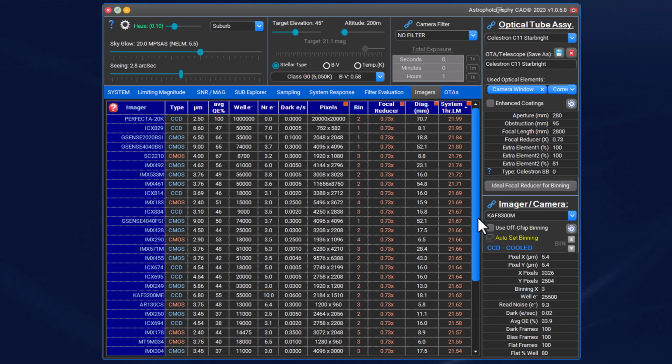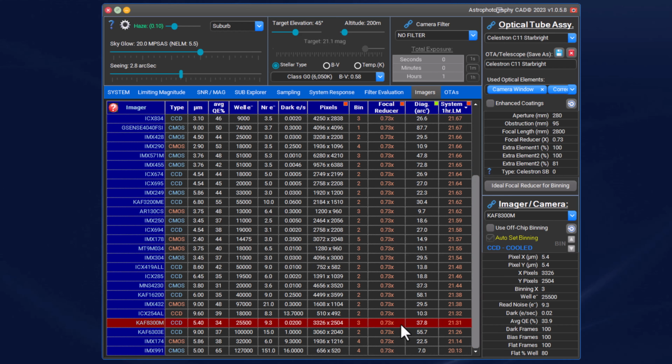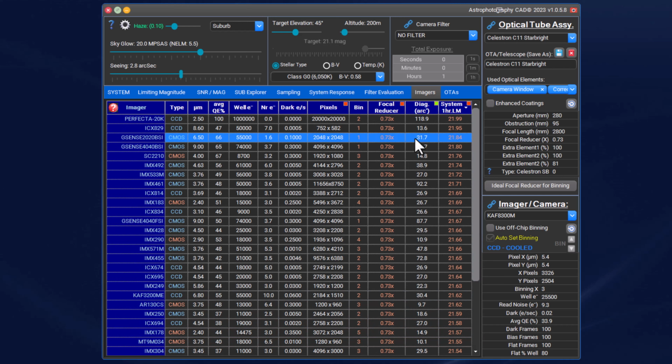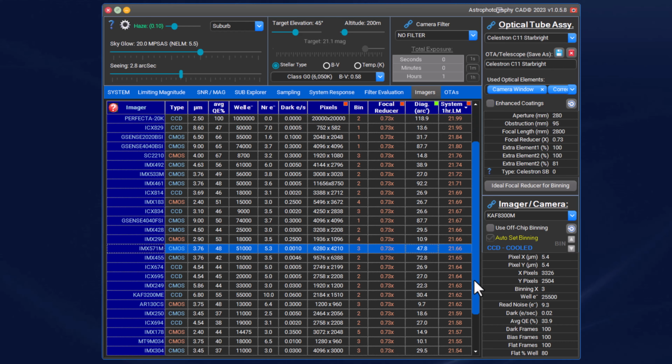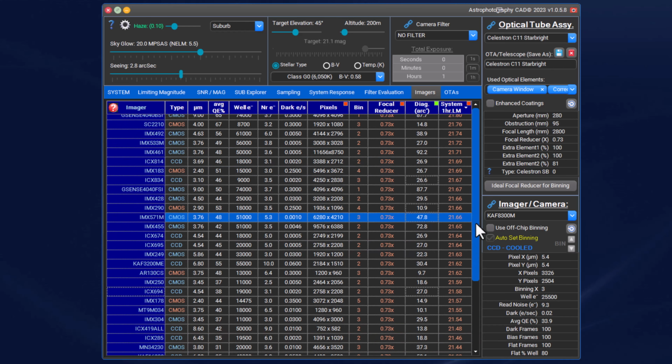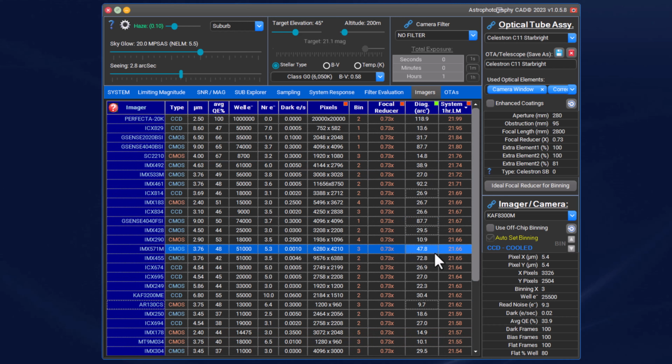Now, there are many cameras nowadays that will do much better than that. But the secret is I'm actually interested in having my diagonal be pretty much the same, so 37 or whatever arc minutes. There are different cameras, some very expensive. But if you look at it over here, probably a good choice would be something like this, a little more, and it gives me 21.66 as opposed to 21. So, in other words, about 0.3 more. So let's switch over to that